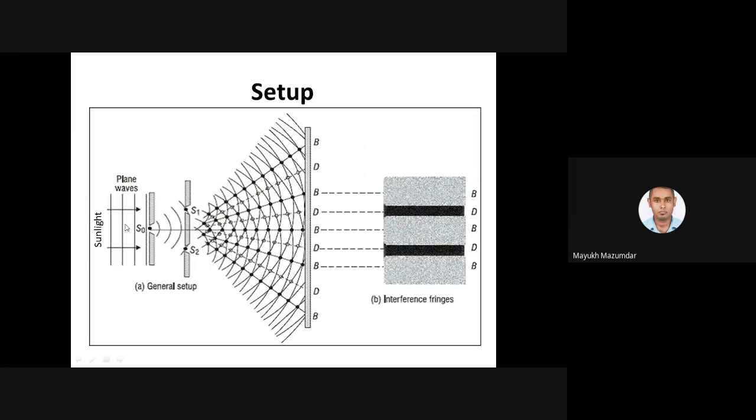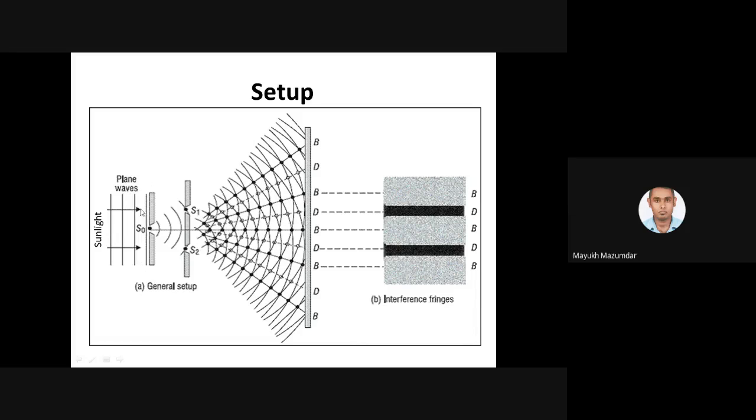Yeah, this is the original setup where he used sunlight, and we all know that the sun, we can take it as infinitely large away from us, though the distance is not infinite, we can calculate it. The meaning is that it is farther away than any possible light source around us, isn't it? This is the farthest light source that we can have. So we say that the waves coming from the sun are parallel. Parallel waves means plane wavefront.